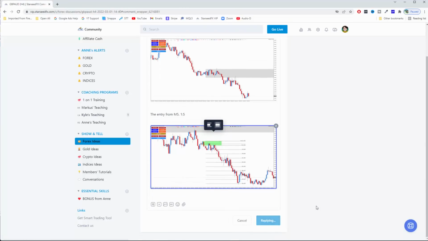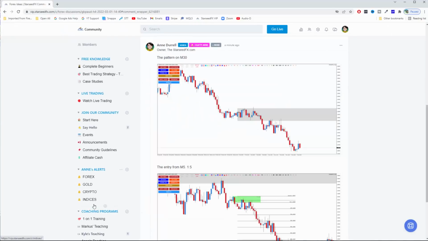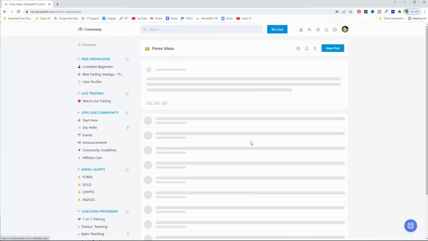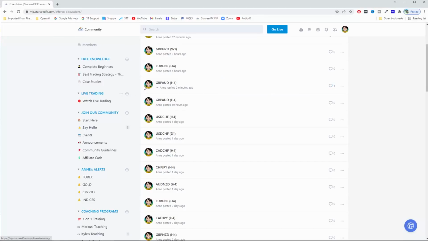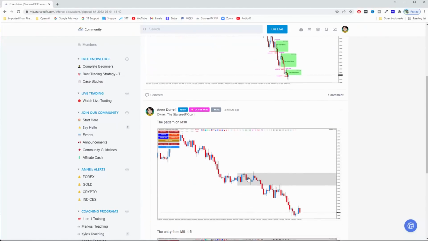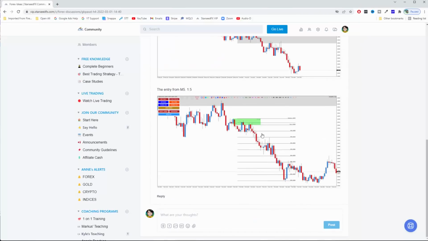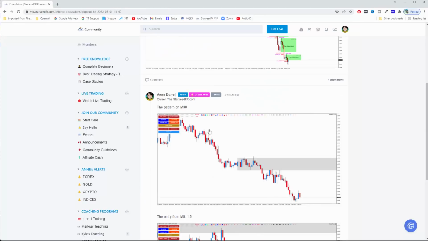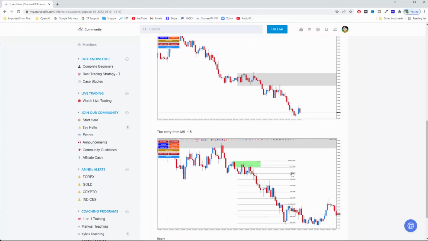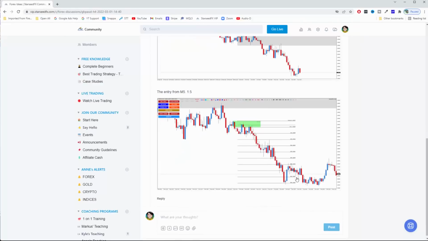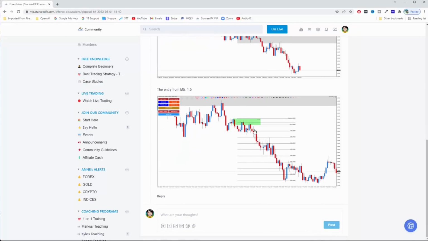So whenever people go to the Forex ideas, they will see there is a reply, and then people can see it. So that is your homework. So you will know 1 2 3, and how many wins it makes, how many losses, if the alert is working or not, and how good our alert is, if you want to know. For example, can you actually make money by becoming a member of our community? So you want to know, and see how you will manage your trade also using the alert.